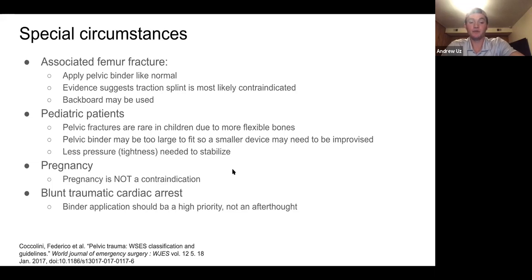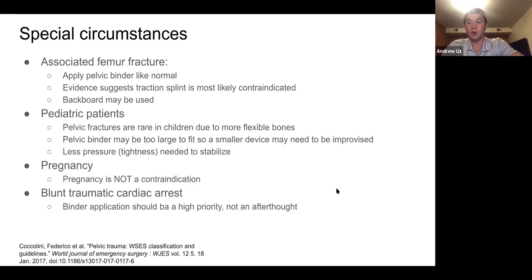A pregnant patient, if you do have a pregnant patient, you're going to just put a pelvic binder on like you normally would. Pregnancy is not a contraindication. And then with blunt traumatic cardiac arrest, most of the time these patients will be priority fours or non-viable patients